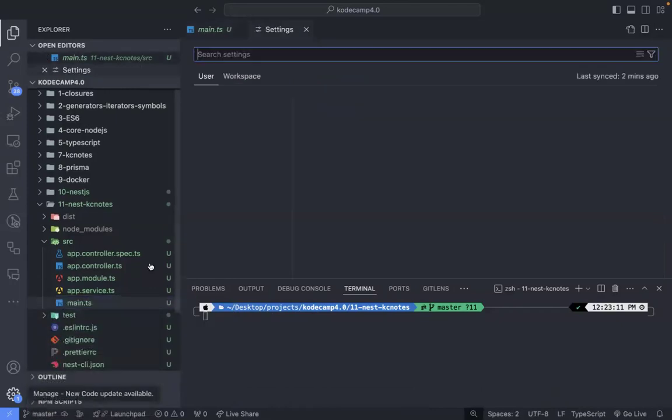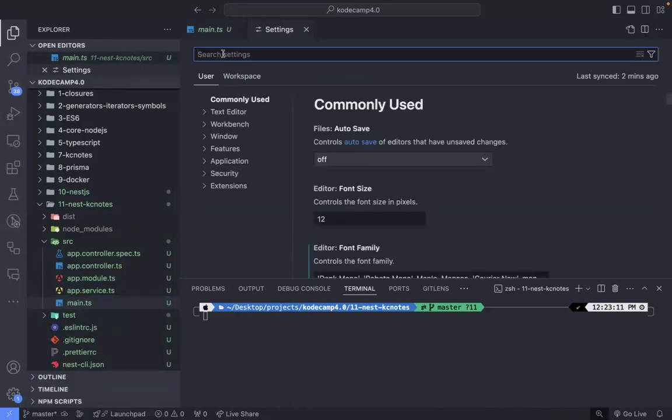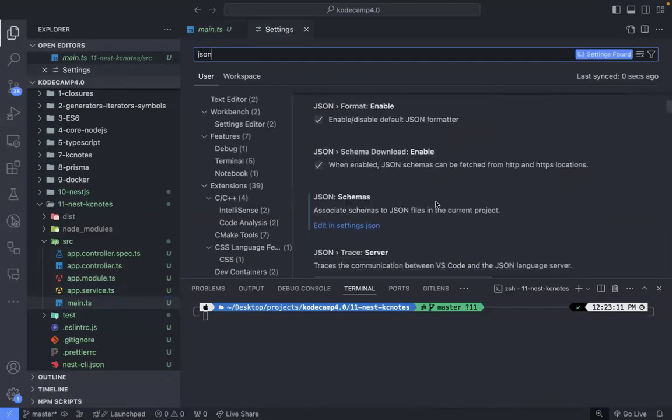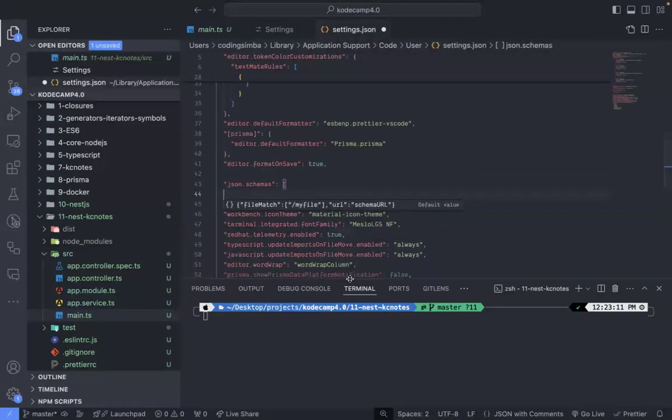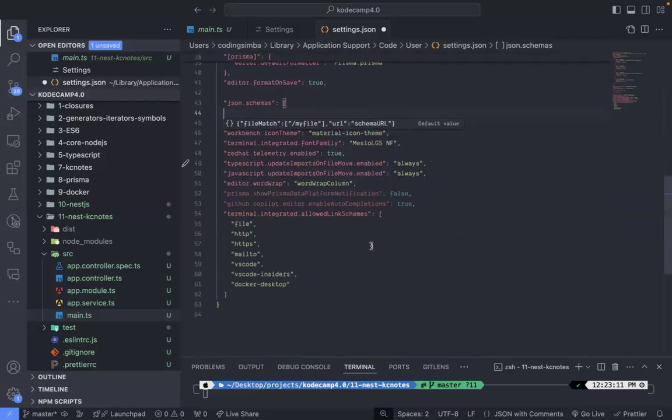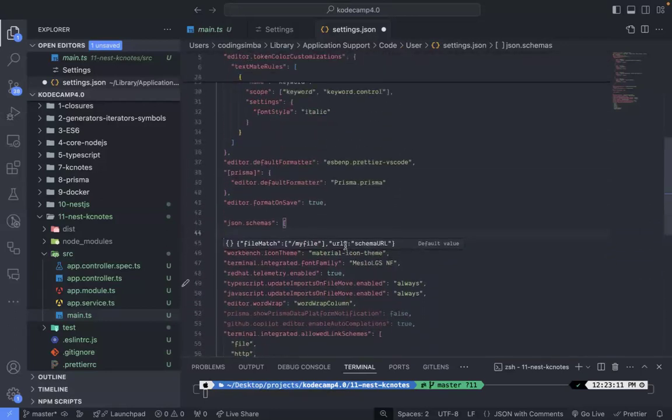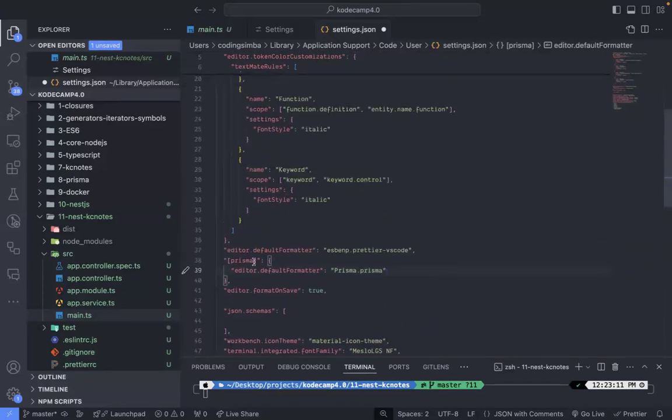Now, as you can see, look at the settings. When I click on the settings, I go to the search bar and search for, let me say, JSON, and then I scroll down. I have edit settings JSON. If you look at my JSON file, you can see I have my Prisma formatter correctly set up. I also have editor.formatOnSave. Once I save a file, it is automatically formatted using